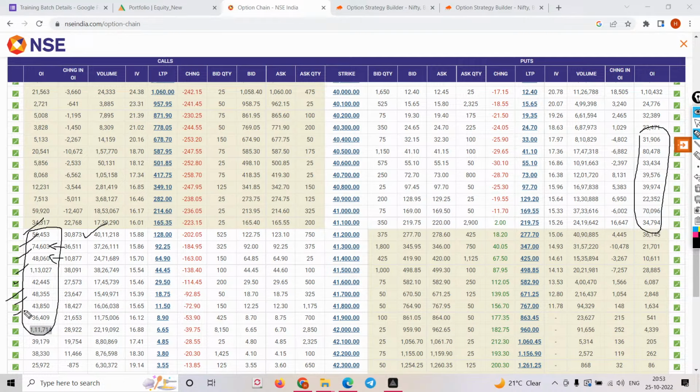I can give you one differentiator to let you know that you should see this option chain as an option seller: no option buyer would be holding his trade, so you will not see a huge number of option buyers. So check the last 10 OTM strikes of your put and call. You will get to know what the market is going to be like, sideways to bearish tomorrow, because you have a huge build-up on the call side and unwinding on the put side.